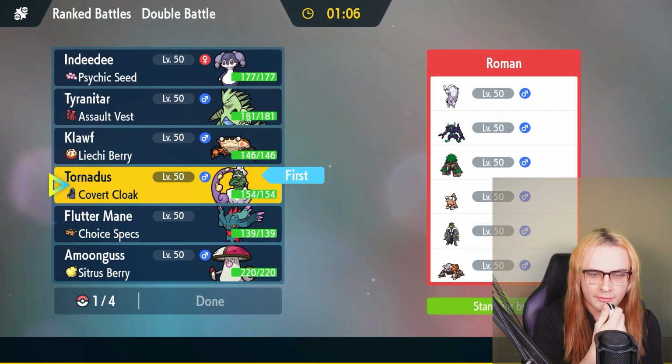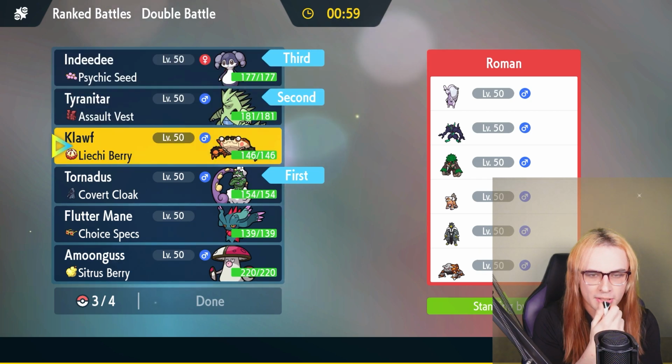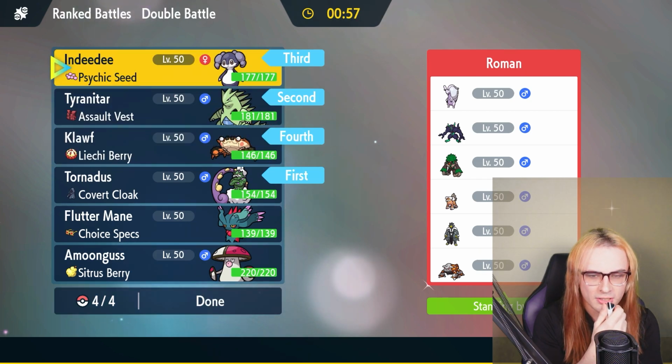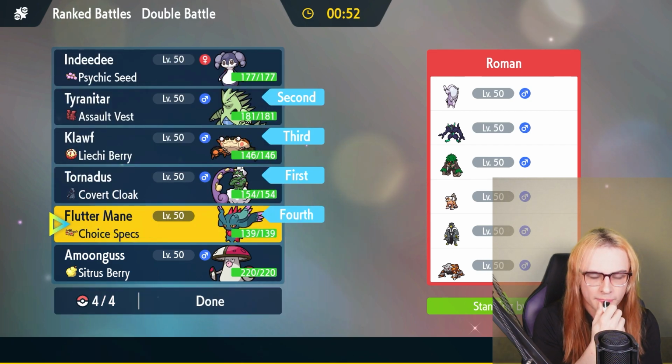I kind of want to lead off with Torn and then the T-Tar. I feel like Torn T-Tar is pretty good. We're going to bring in Indeedee, and then I think I'm going to bring the Klawf. Not that Klawf objectively should come. Actually, no, we'll bench Indeedee. And we're going to go with Fluttermane. I kind of want to...